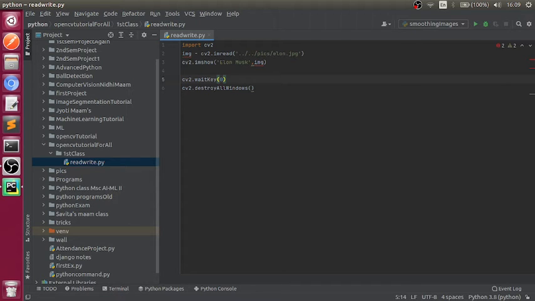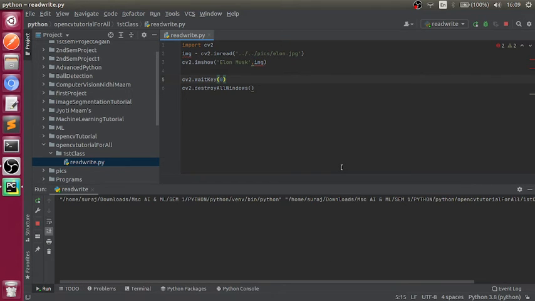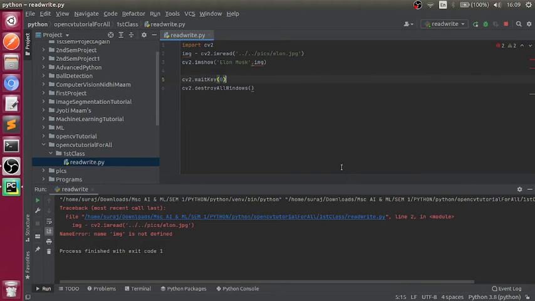So let's run this file. It says img is not defined.